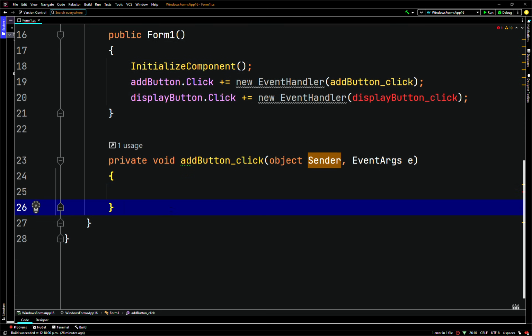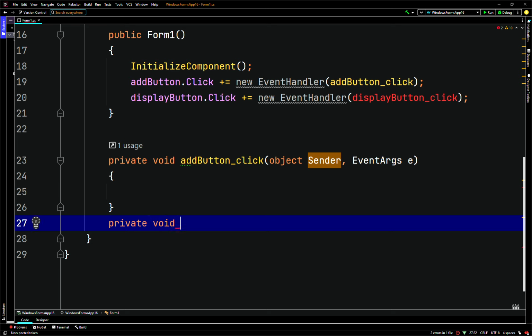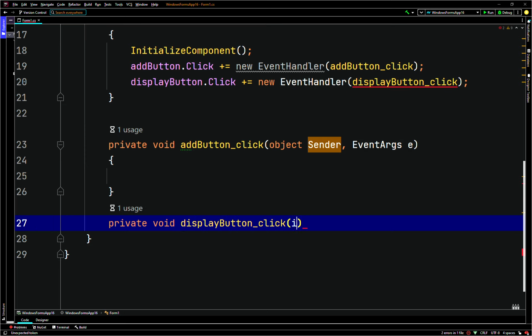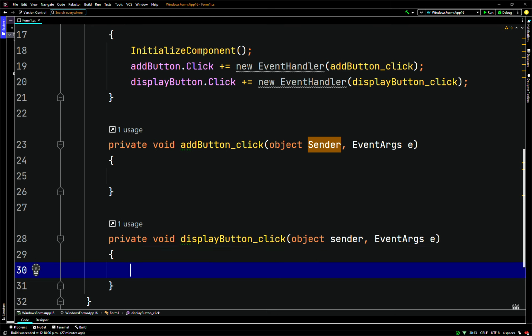So we'll go to the next one. So here we'll have private void display button underscore click. Then here we'll pass in object sender comma event args. Okay, so after that,